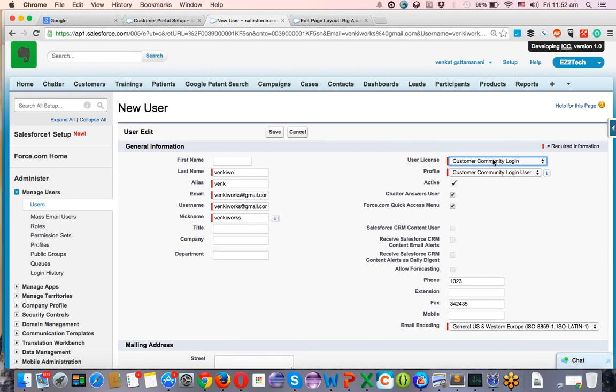I'm clicking on the customer community, which is different. Again, customer portal is different. So I'm using customer portal manager. Okay, customer community means, say, communities are new, where you can talk to your